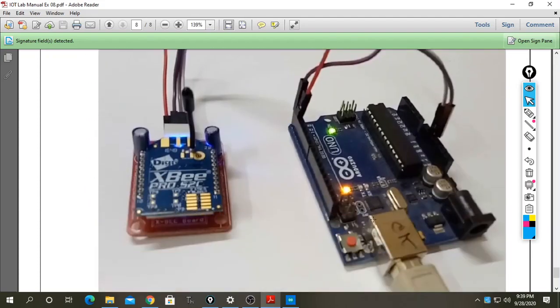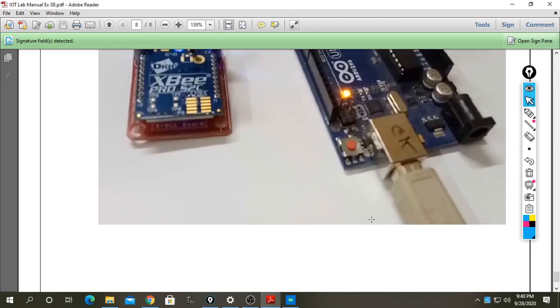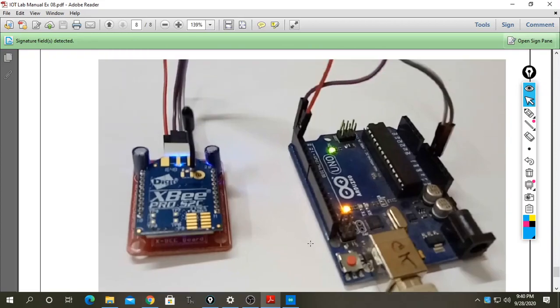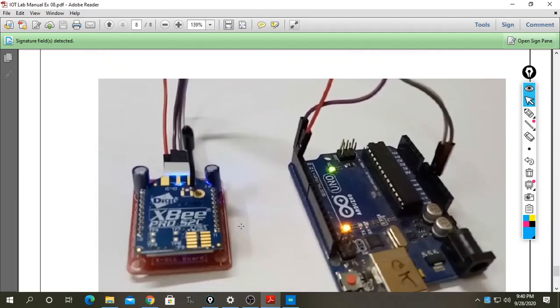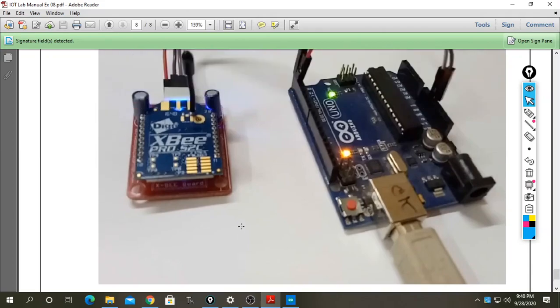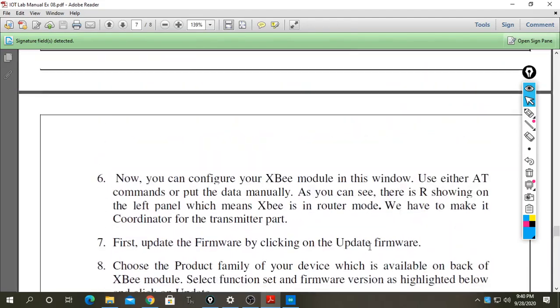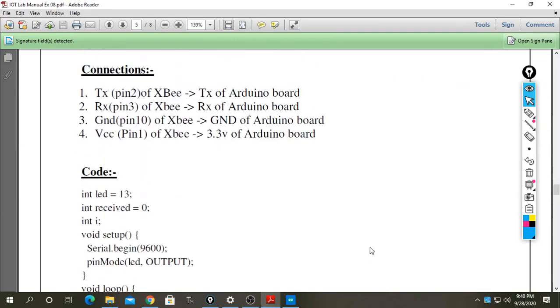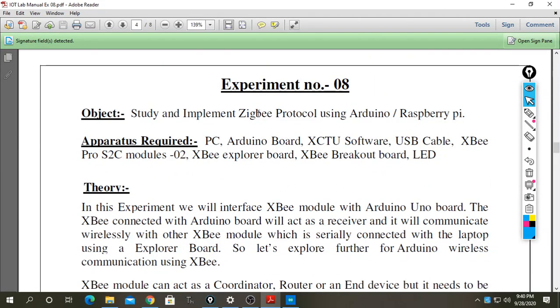So here you can see this screenshot is from a YouTube video in which the experiment is performed. In the same manner, I just took that screenshot, and I have to elaborate on this for you through it. So this is your experiment number 8 of the IoT lab. As I receive all these parts, your apparatus, I will perform this experiment physically. Okay, and I hope you will enjoy this video.